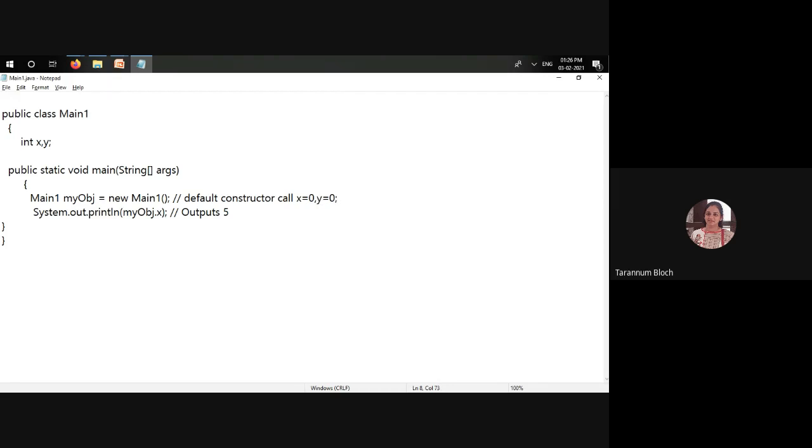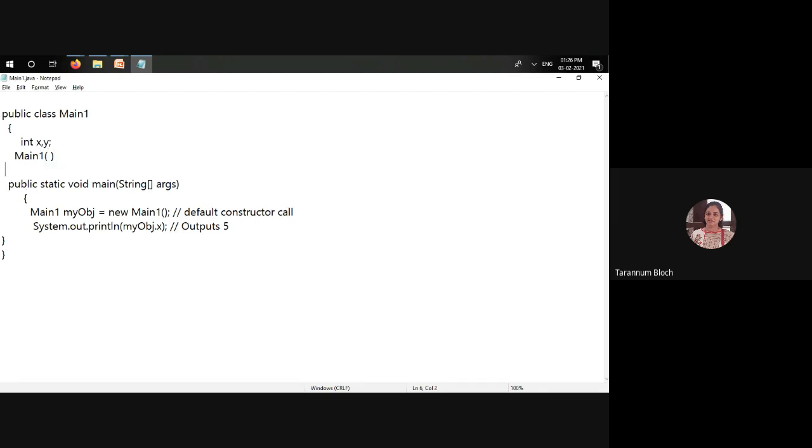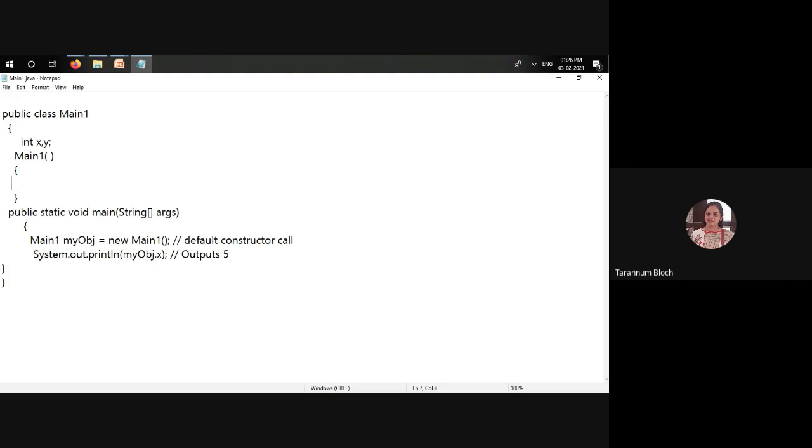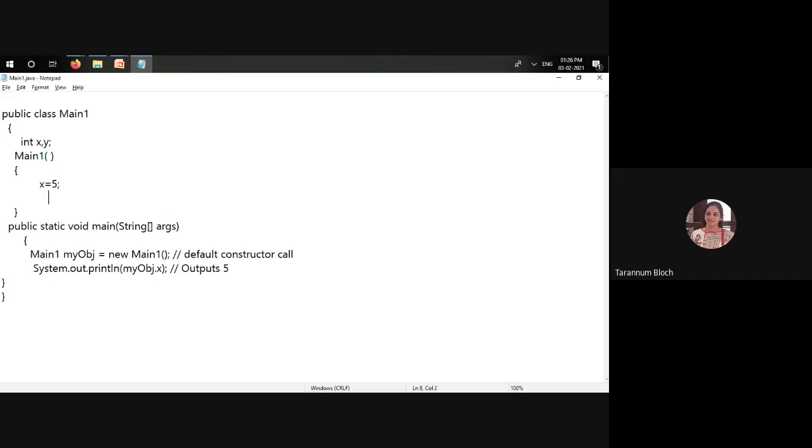Initial value of integer is 0. Fine. Now suppose this is not the case, and you have a constructor defined over here. A constructor is a special function having the same name as the class name. So we have created that method's body, the constructor body, we are defining. In that case, whatever is the assignment value given by the programmer, it will be assigned. Are you getting the point?